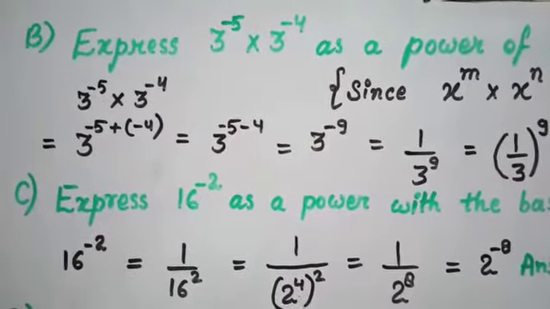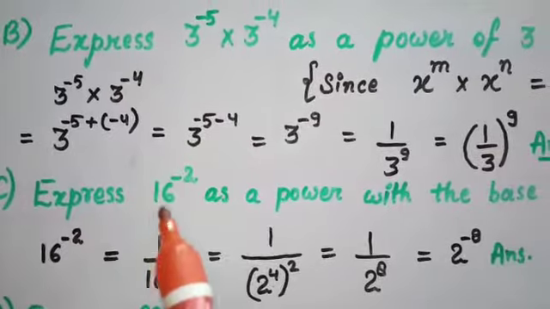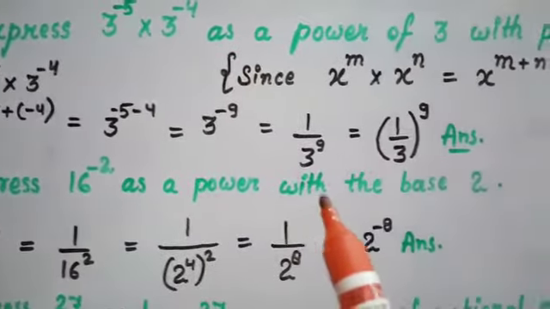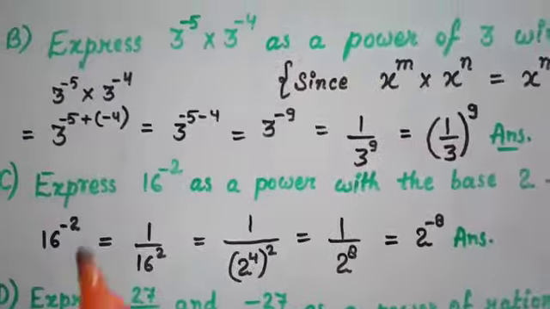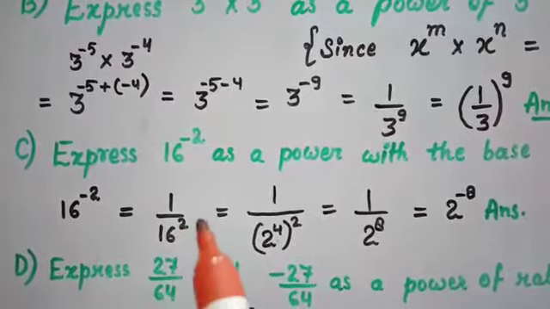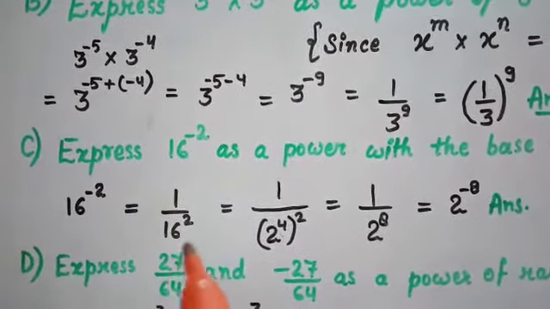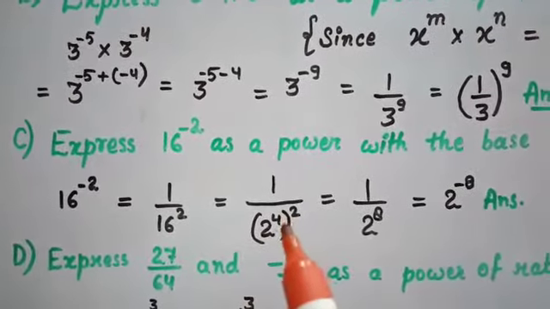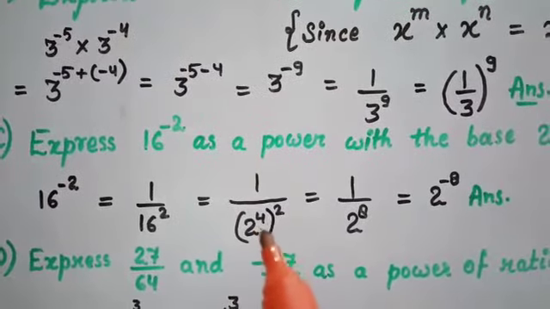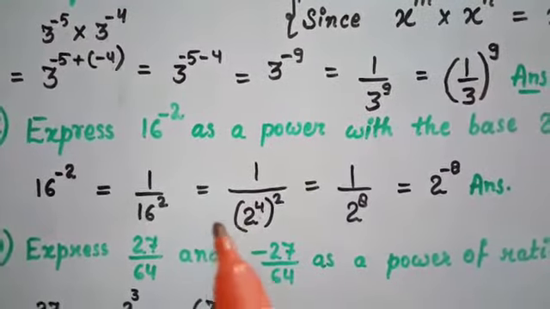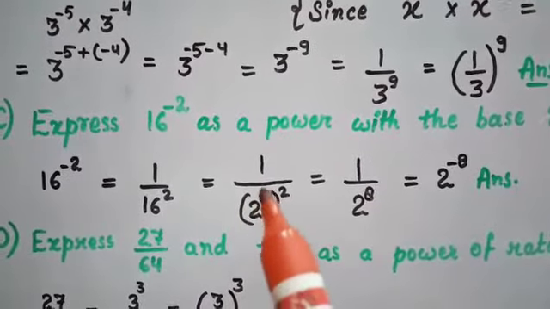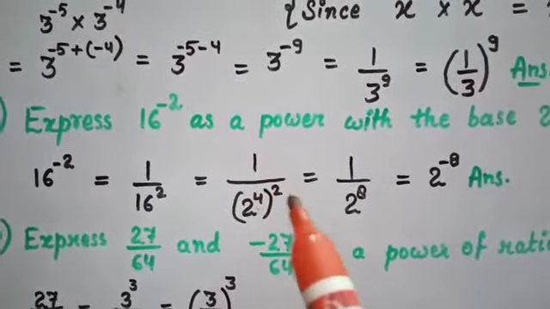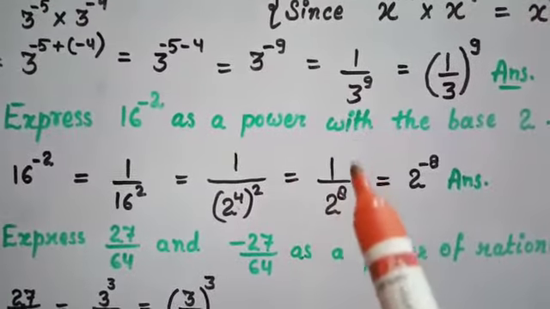Now I'll explain question C. Express 16 to the power of minus 2 as a power with base 2. 16 to the power of minus 2 can be written as 1 upon 16 to the power of 2. And 16 can be written as 2 to the power of 4, 4 times 2 in multiply. There is a square, so we will do 2 to the power of 4 whole square